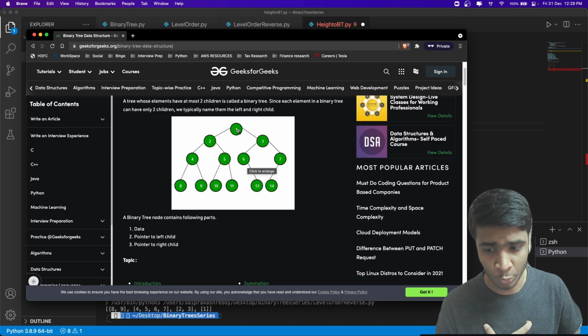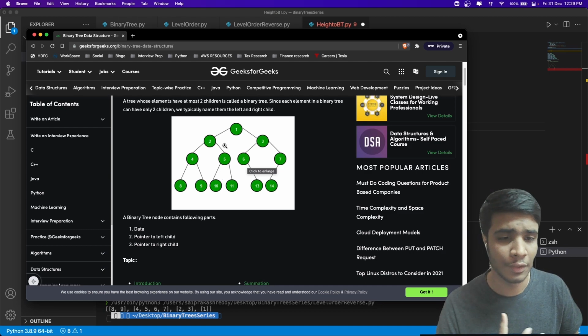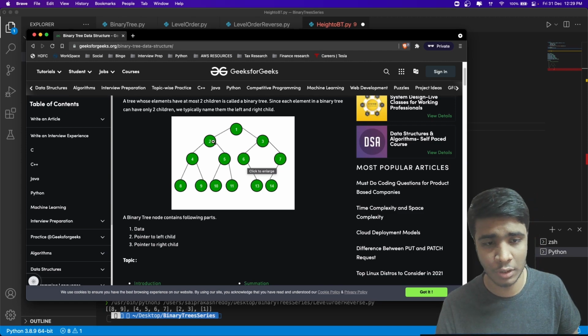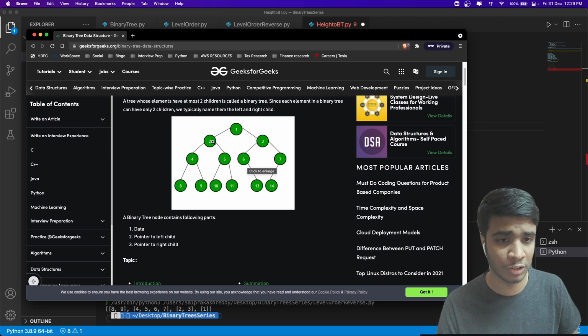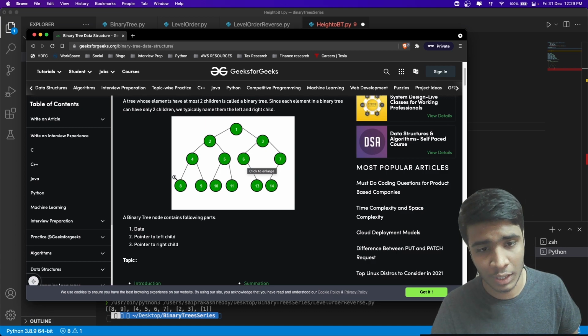Now what the root is doing is passing the responsibility to this subtree, right? Again, in this subtree, what would be the height for the root two? Again, he doesn't want to take responsibility on his own. What he does is he passes the responsibility to the children nodes. He will say, what is the maximum height in this subtree and in this subtree, and I will add 1 to that. Again, this passes to here, and he will do the same thing.